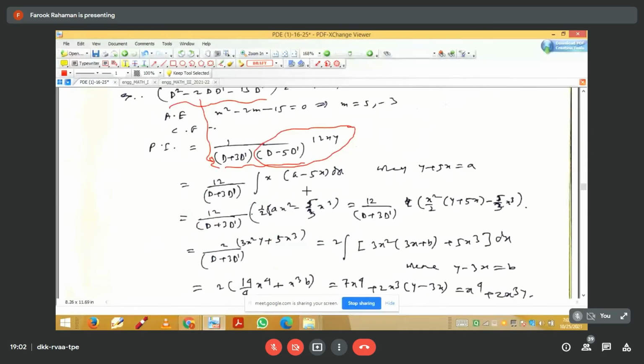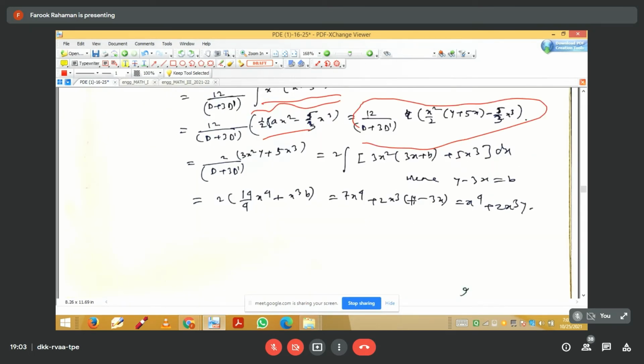Now from this, we take this one as u and solve for u. One will get the corresponding solution, or you use the shortcut method. After finding this, the integration is very easy. After getting the value of this integration, we put this one, and again use the same approach. This is a linear equation. One can easily solve for this in this way, so you can get the corresponding results.